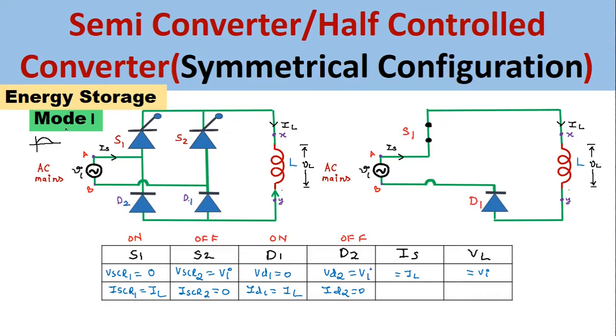We always study mode number 1 during the positive half cycle of the AC signal. During the positive half cycle, point A will be positive and point B will be negative, due to which the P side of SCR1 goes positive, the N side of diode D1 goes negative, and the P side of SCR2 also goes negative. Since SCR1's P side is positive, SCR1 becomes forward biased, and SCR2's P side is negative, therefore SCR2 becomes reverse biased and goes into the off condition.